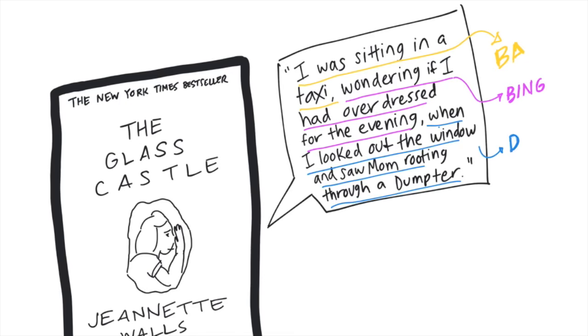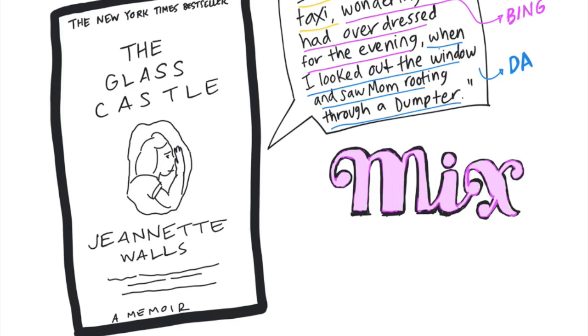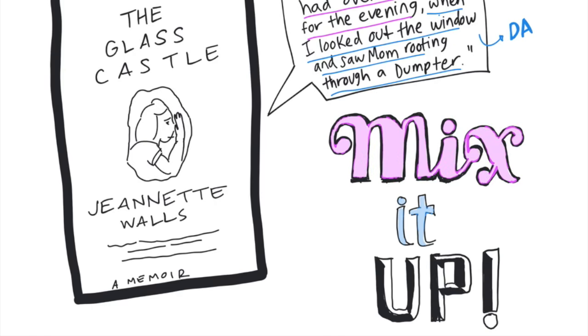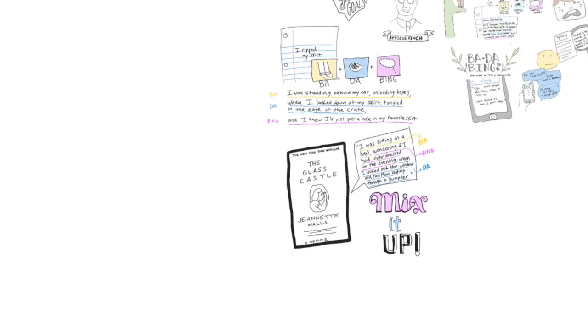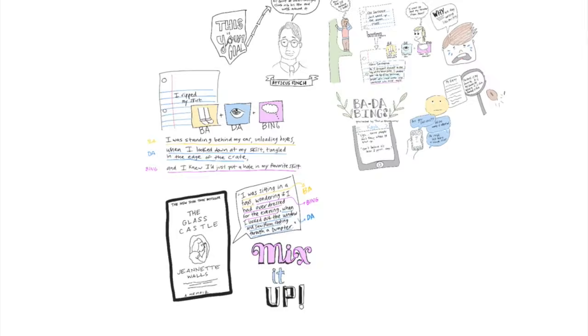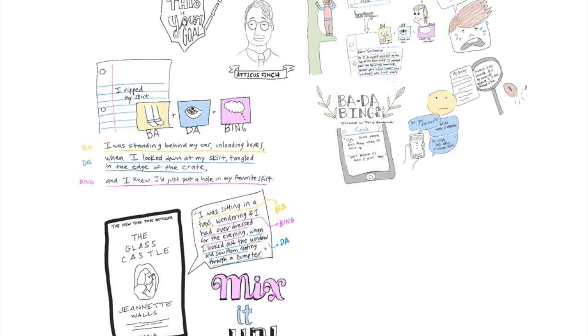Really effective, I think. You don't have to do things just like the way I'm saying. You can mix it up, rearrange the order, see what works best for what you're writing. Remember, the goal is to cause your reader to see things the way you do. So look back into your writing and figure out where you can add some bada bings.